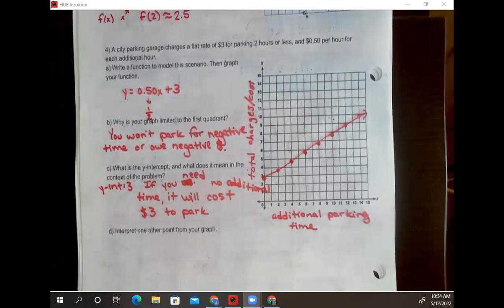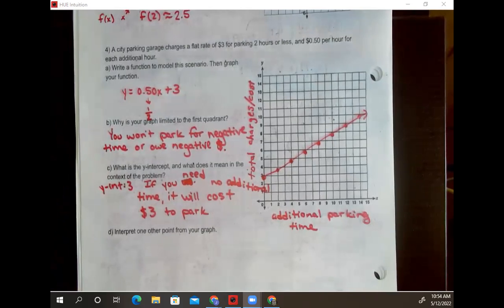One thing that I've noticed that we struggle with a little bit when I ask you to interpret the meaning of something in the context of a problem. Usually we're pretty good about applying the label for whatever that value is. So for the y-intercept, usually we're pretty good about giving the y label, but then we don't give the full context. So a full answer here would not just be $3. $3 for what? What is costing me $3? Why is it $3? You have to rope in that X label too. So $3 when we have 0 additional hours of parking. Okay, you have to give the full context